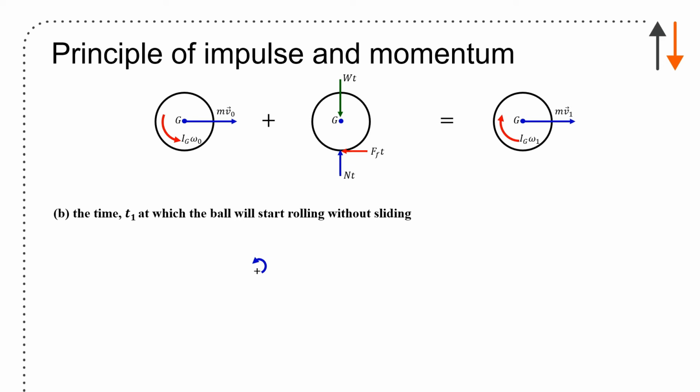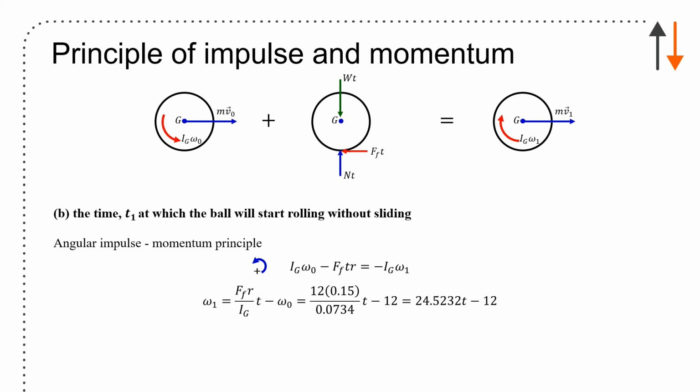At the moment T1 is where the ball will start rolling without sliding. Angular impulse momentum: you have Ig omega naught minus the force of friction T, which is the moment, times r. So that's the angular impulse delivered, minus Ig omega 1. You have T, which you calculated in the previous part of the problem. Substitute all of the terms back in, and once you do that, you end up with omega 1, which is